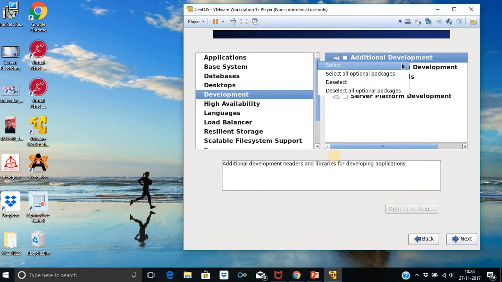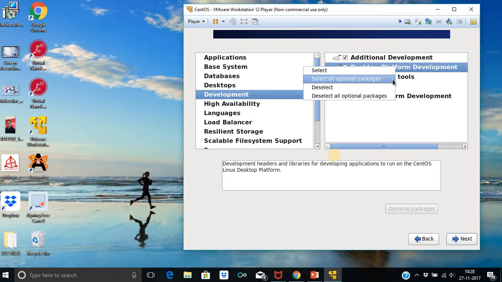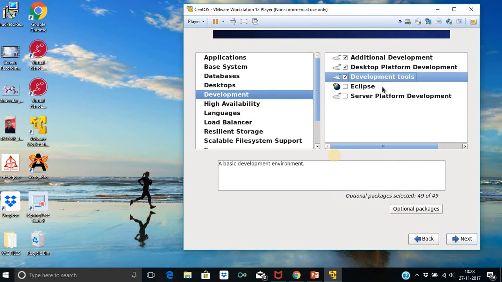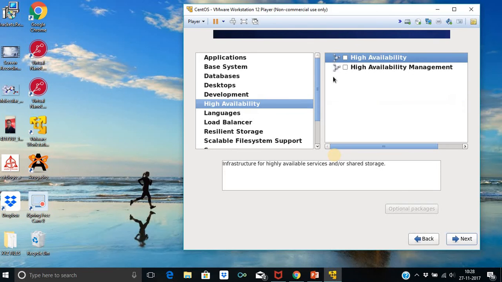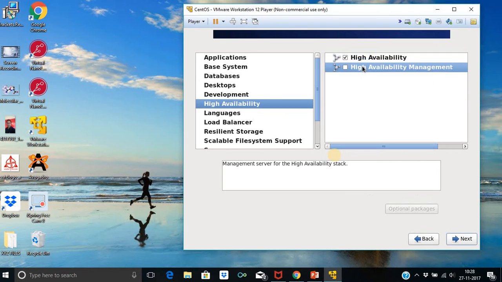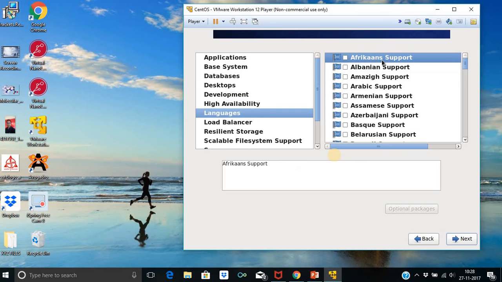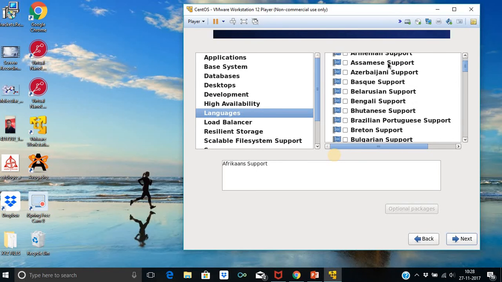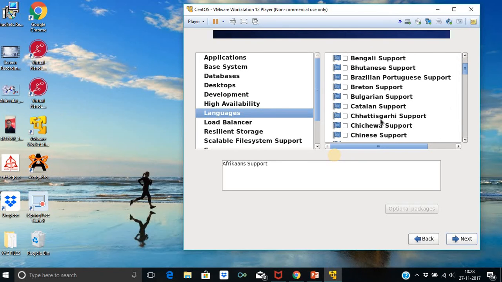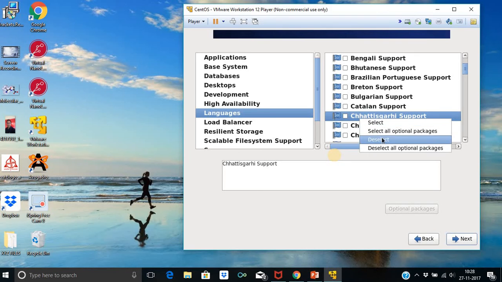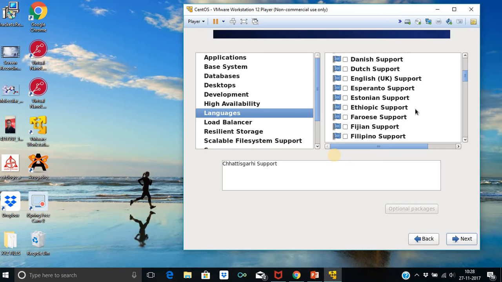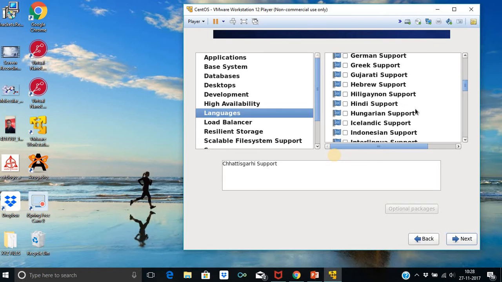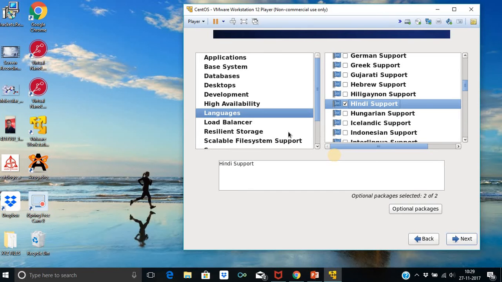For many softwares we use the X Windows system. There are so many languages given, so since I belong to Chhattisgarh I can select this, and Hindi also. I'm from India, and this is our national language.